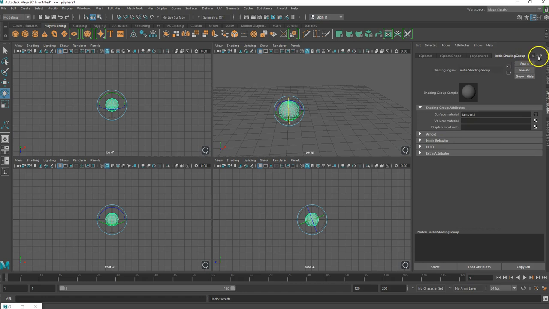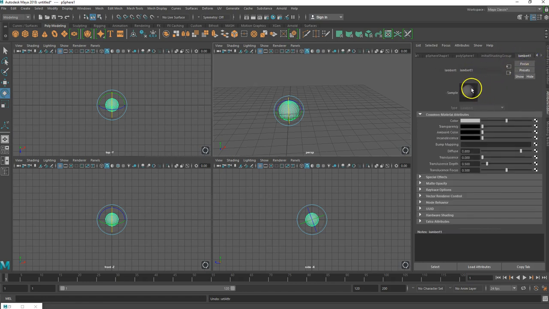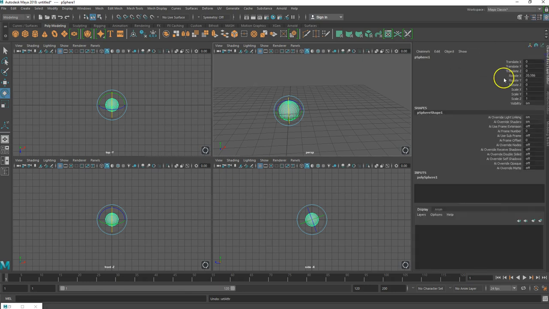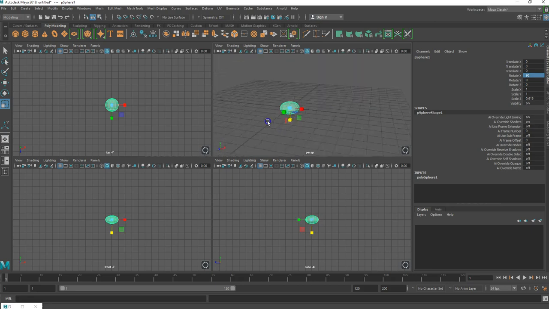And also this is where we get into the shading, which is the colors of the surfaces, and I'll get to that in a second. Here's the Lambert. So we go back to the channel box. I want to rotate it 90 degrees in the X axis, and then I just want to flatten it out a little bit. So I just use my R key, and I can flatten it. You can see there that I have it flattened a little bit,